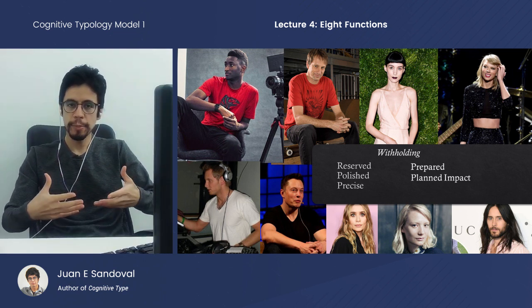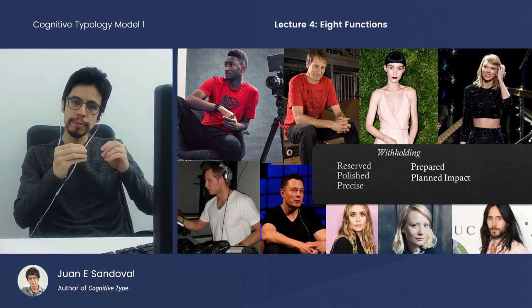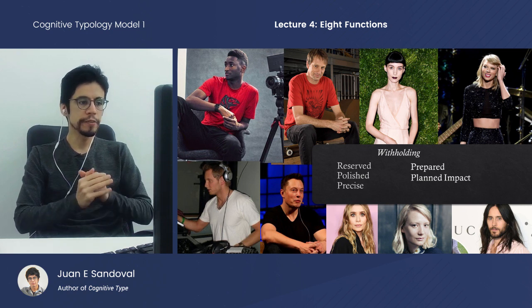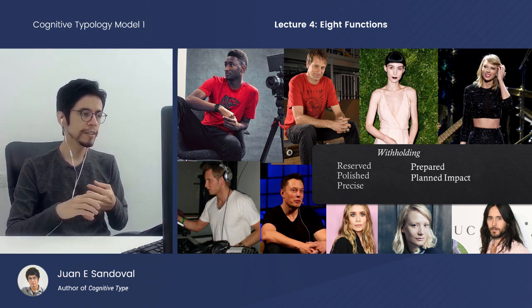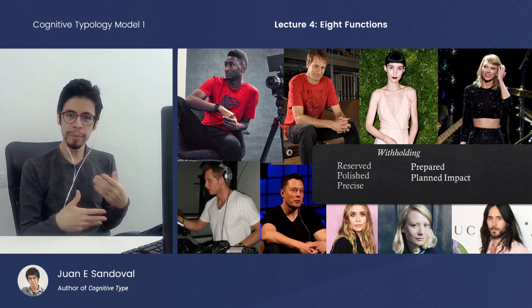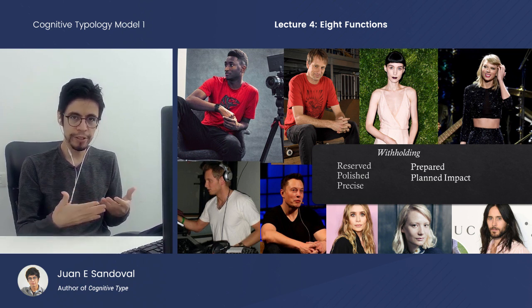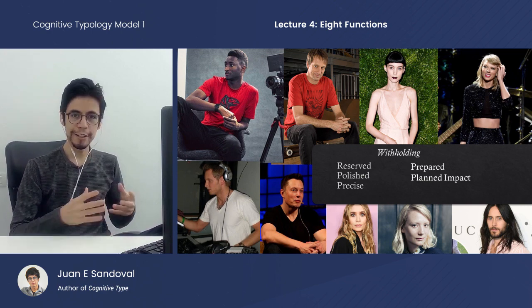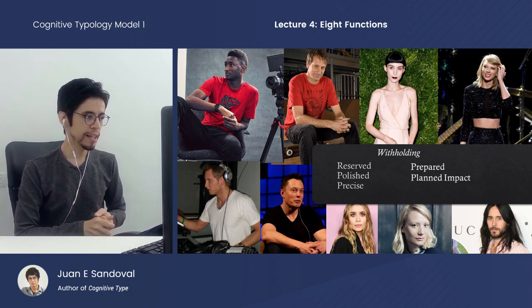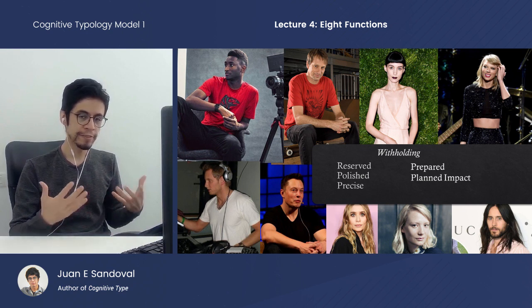But within that domain of self-expression, when it comes to the withholding types, you find some individuals like Marques Brownlee, Tony Hawk, and Elon Musk. And people like them are somewhat more impersonal in their focus. Marques analyzes modern tech, Tony Hawk is a skating specialist, and